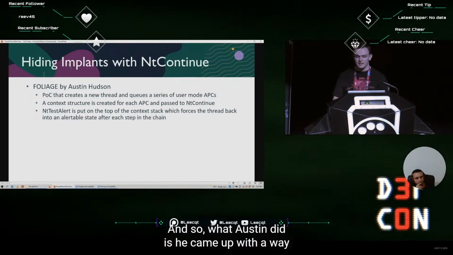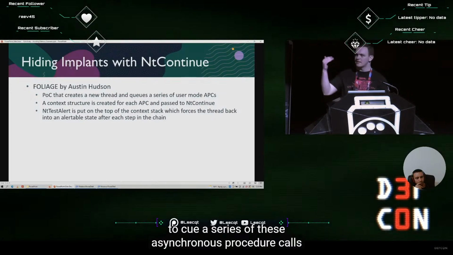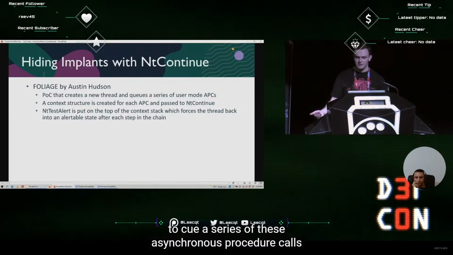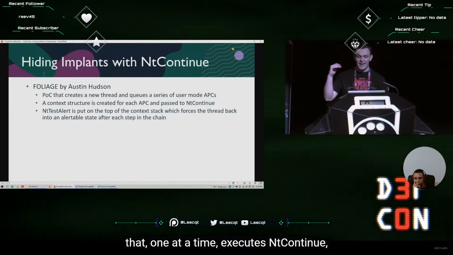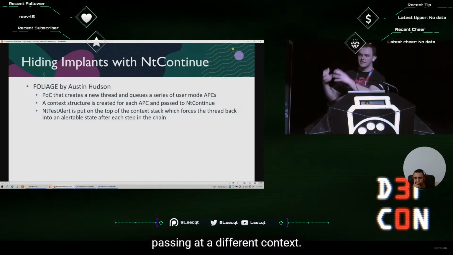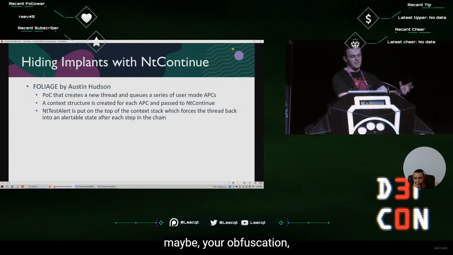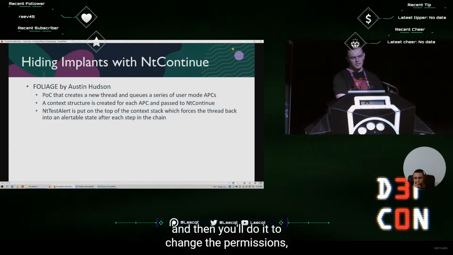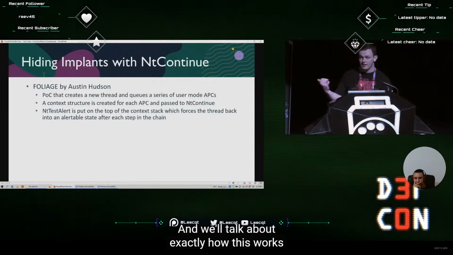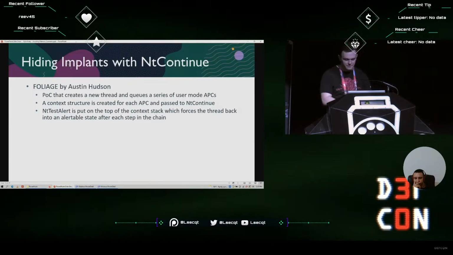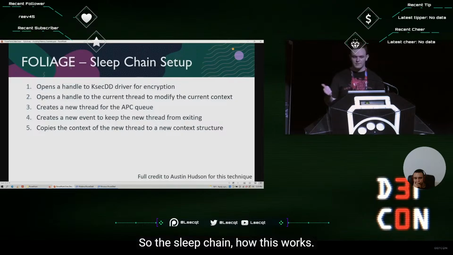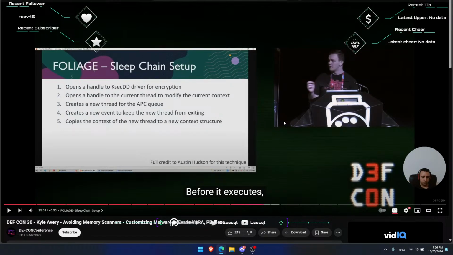And so what Austin did is he came up with a way to queue a series of these asynchronous procedure calls that one at a time execute NtContinue, passing it a different context. So first you'll execute NtContinue to do maybe your obfuscation, and then you'll do it to change the permissions, and then you'll do it to sleep. And we'll talk about exactly how this works on the next slide. So the sleep chain, how this works, before